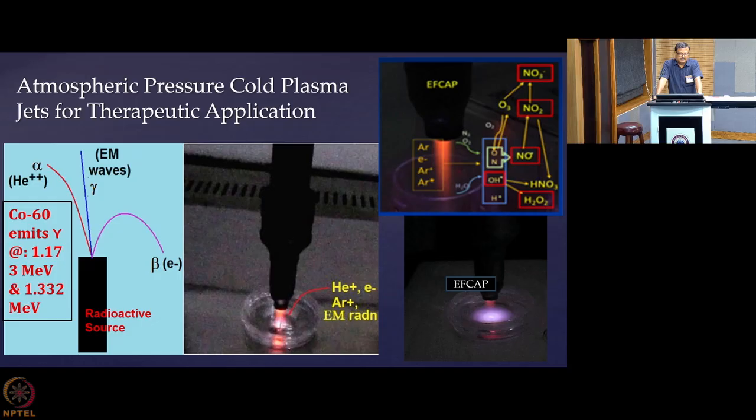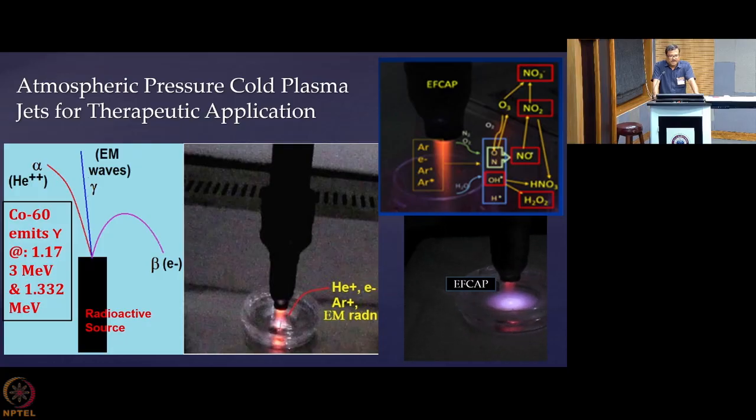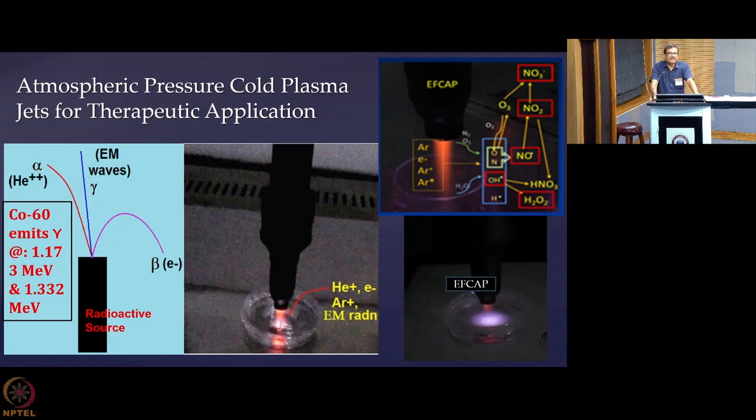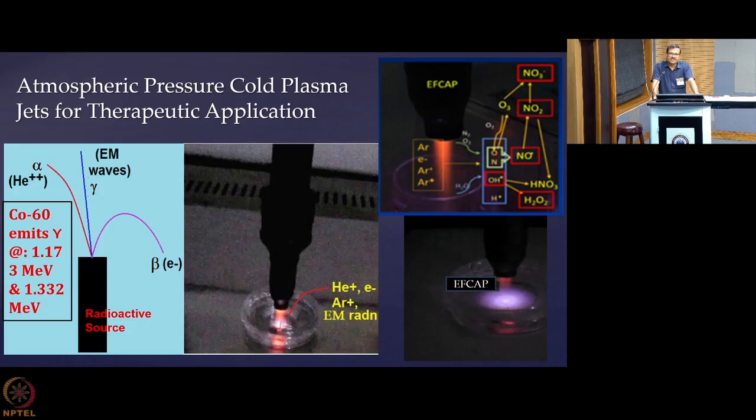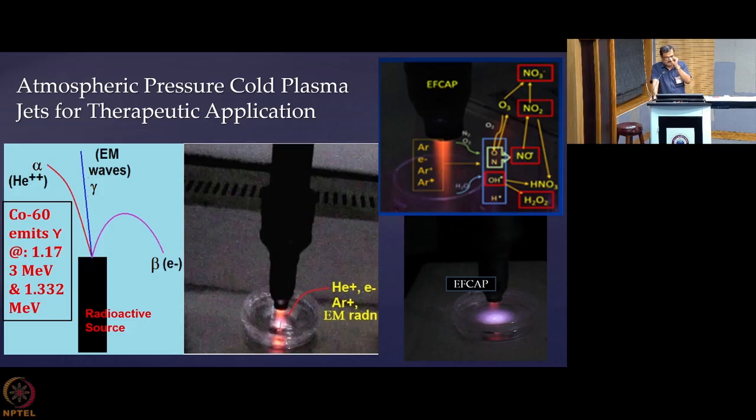Now what is alpha? They are nothing but helium nuclei. Then what is gamma? They are electromagnetic waves. And what is beta? They are electrons. Now when you are having a radioactive source, for example say cobalt 60, the gamma that is coming out from them has very precise energies. You can't vary them. So wherever you take the radioactive source, you will get emission of gamma at that energy level only. For example, in cobalt 60 you are getting 1.173 MeV and 1.33 MeV. So they are very precise energies.